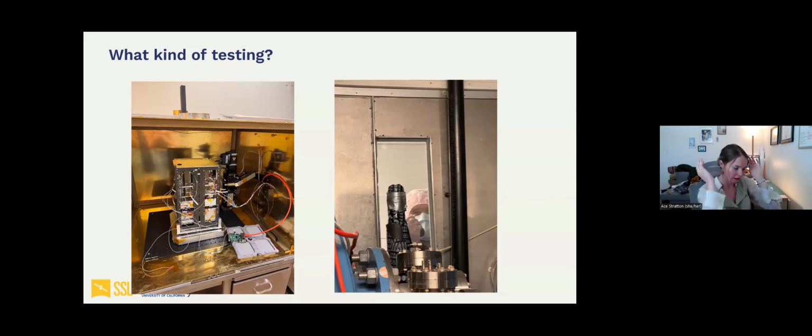We have to make sure that X-rays go in. They go to the instrument. It goes from your instrument board to your instrument interface board. And then once it goes to your instrument interface board, you have to make sure that goes to your onboard computer. Once it goes to the onboard computer, you have to make sure the onboard computer will actually send it to your S-band. Once it gets to the S-band or transmitter to transmit data, you have to make sure it actually transmits that data. So there's two terms for the kind of testing you see here. It's an end-to-end test. You want to make sure all the way from the science event down to the ground station, everything works in order.